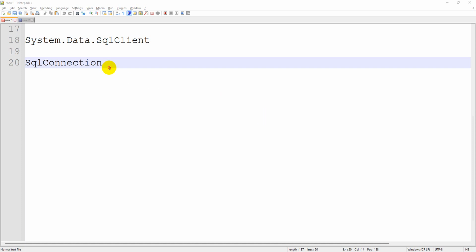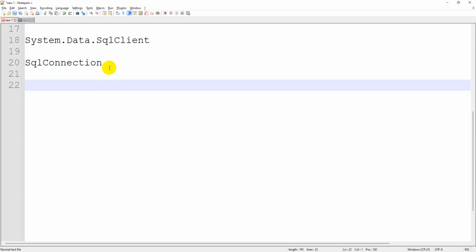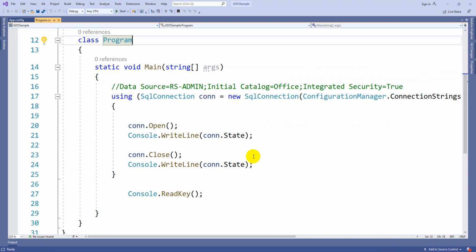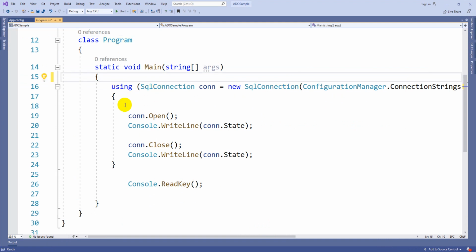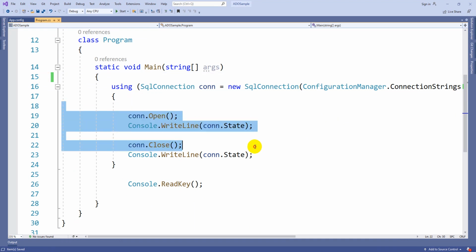Yeah, so in this video we are going to discuss how to execute SQL queries from a C# program. In the previous video we covered how to initiate the connection, so in that way we are going to establish the connection. Now we are going to execute an SQL query from our C# program.